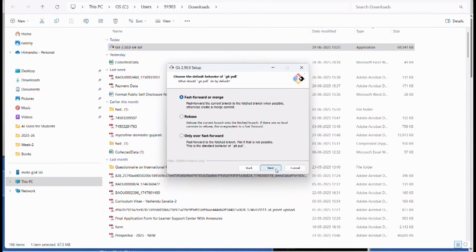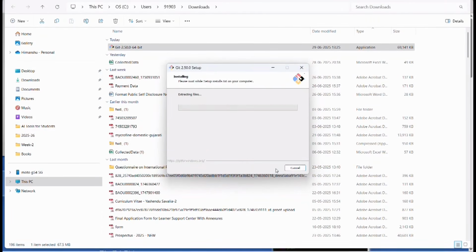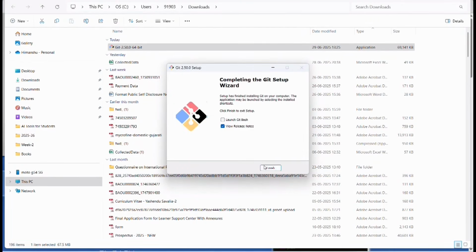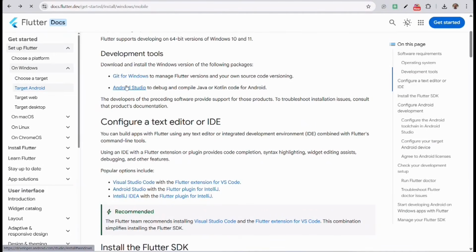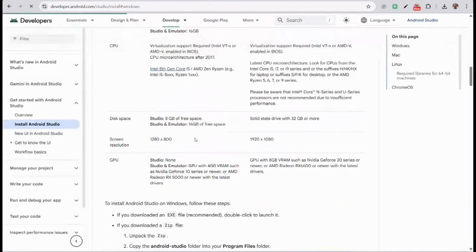Now once all options are chosen, it will start installing your Git setup. So now press the install button. It will install Git 2.5 on your computer. So currently it is installed in C Program Files. Once that is finished, we have to download Android Studio. Now click finish. Next, we will install Android Studio on our computer, which is the IDE to develop mobile apps